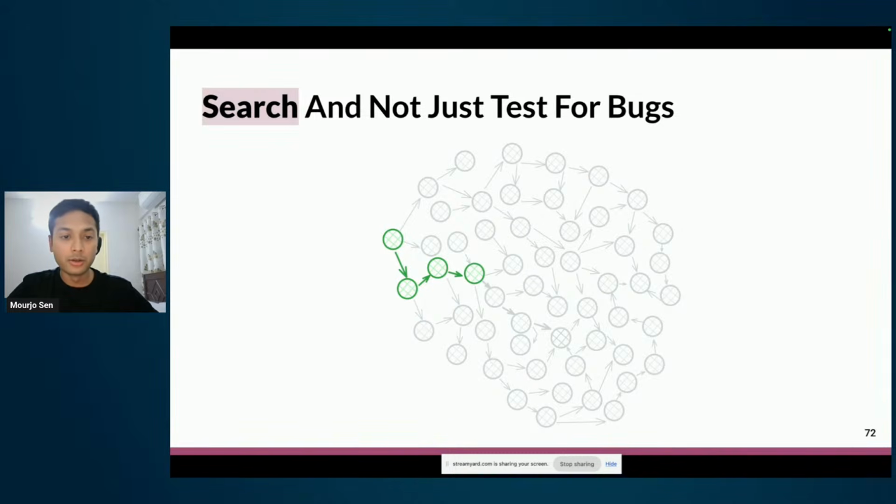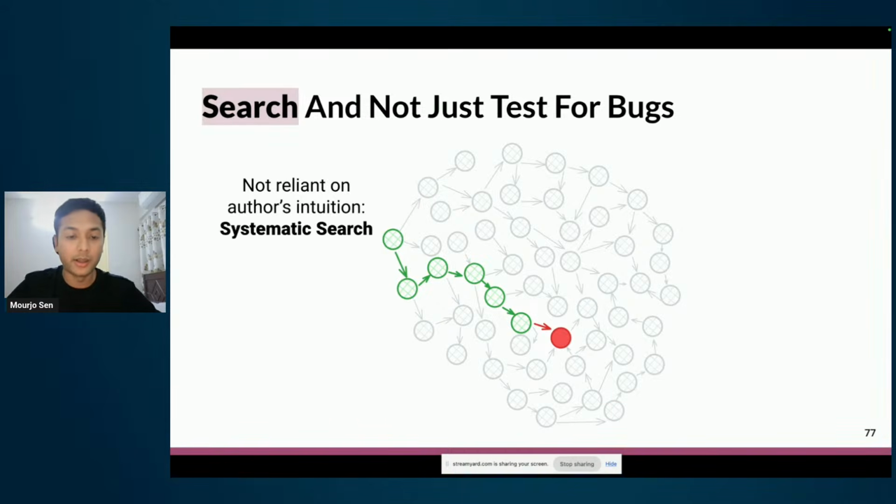And it's very similar to something like a depth first search on a graph. It's not exactly that, but it can be thought of like that. So it goes into more and more complex cases, or more and more complex inputs, until it finds one that doesn't match the expectation or the property. And that systematic search is not reliant on the author's intuition. It is by definition generated by the system, and therefore it doesn't have any of the biases that I as an author have. Like, I may not know about a particular case, but the system doesn't have that bias. And therefore this systematic search is a much better way of avoiding accidental quality.